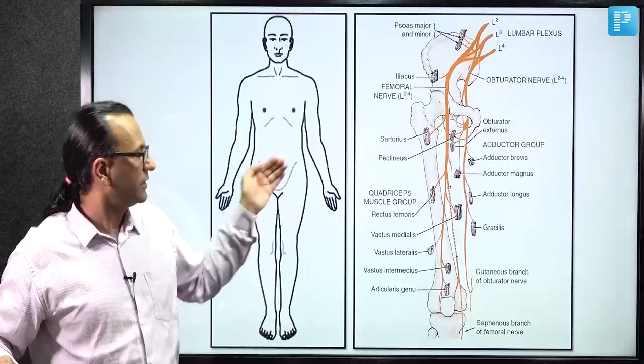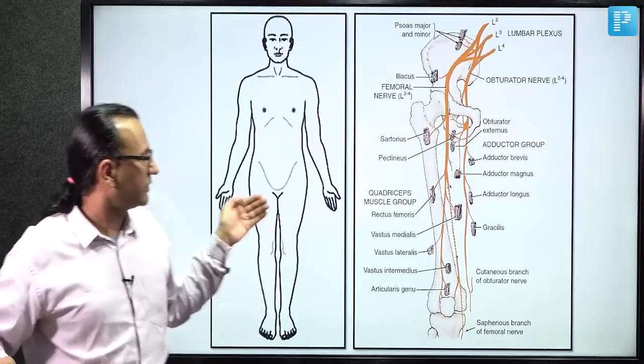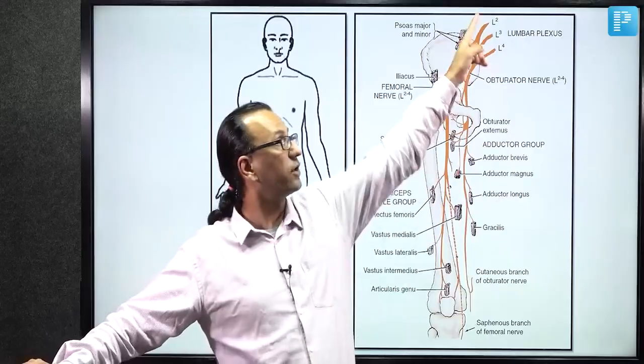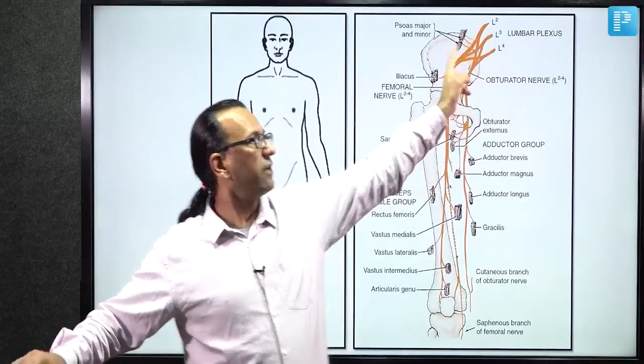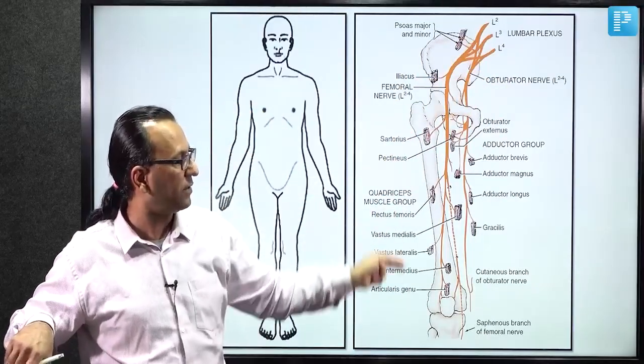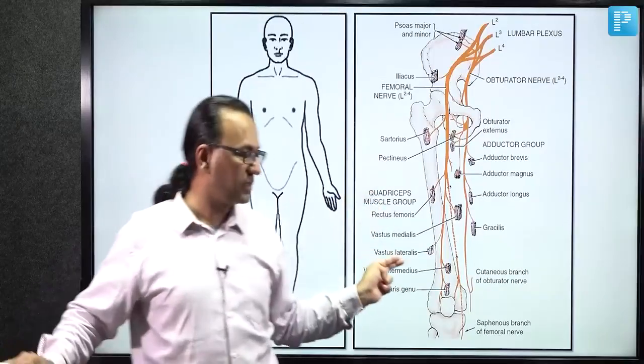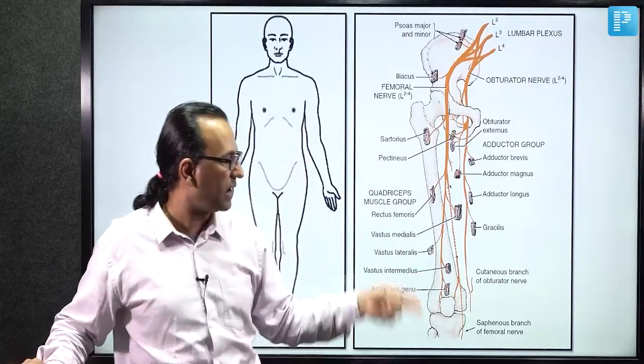When it comes to the anterior aspect, this is the anterior aspect of the right lower limb, and there are two nerves to talk about. There is L2, 3, 4. It is the dorsal division giving the femoral nerve to supply the quadriceps femoris, the four muscles: one rectus, three vastus. The femoral nerve is the nerve of knee extension by pulling the tibia anteriorly,